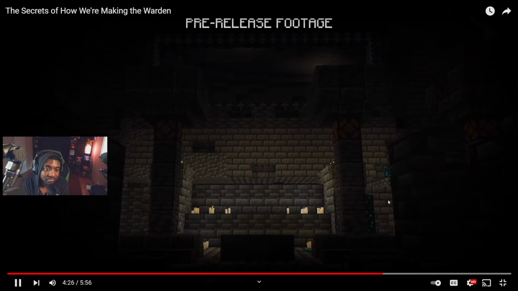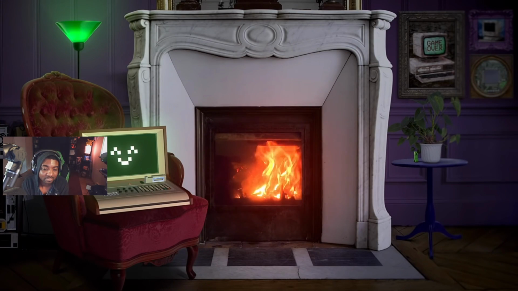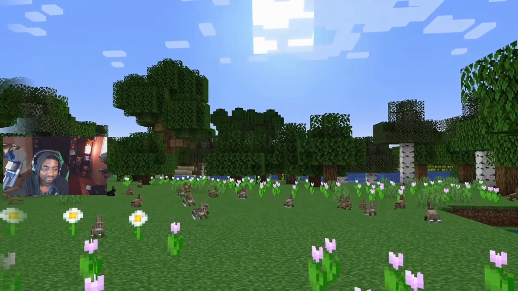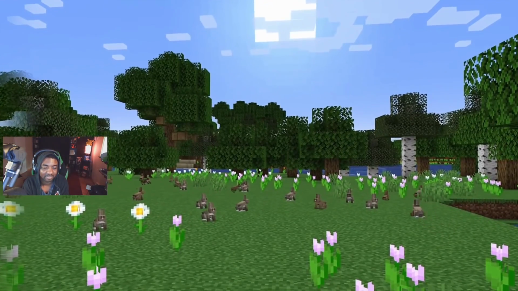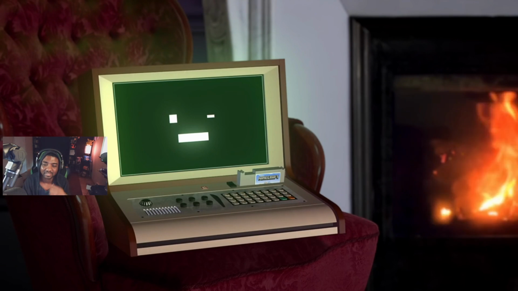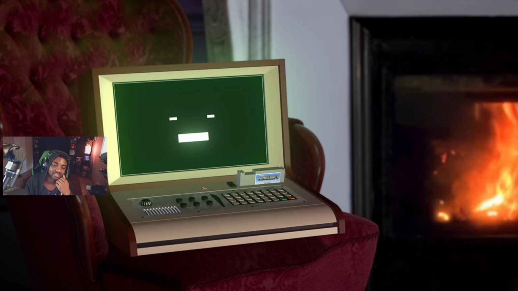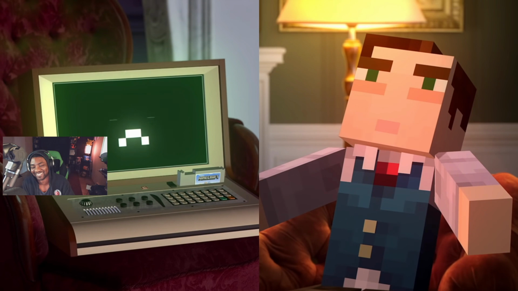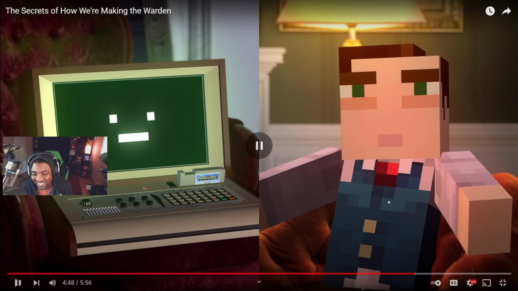Oh, wait, no. We record my scenes in the land of bunnies and hugs. We just record yours in the Deep Dark. Tax reasons. You know how it is. The Warden is the first ever mob with a sense of smell. Really? Where's its nose? Where's your nose? Where's your nose? Touché. It also has what appears to be...